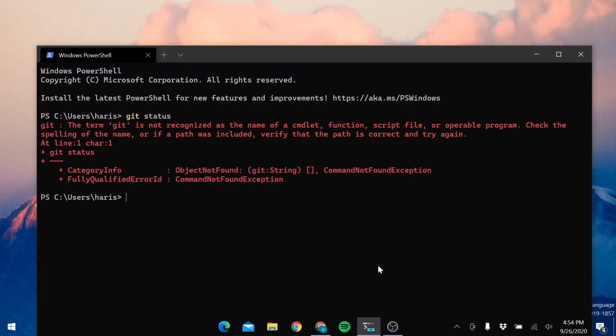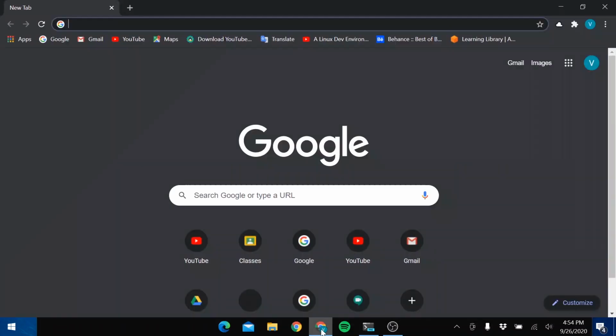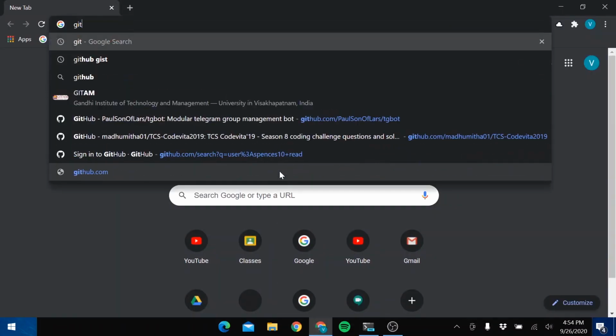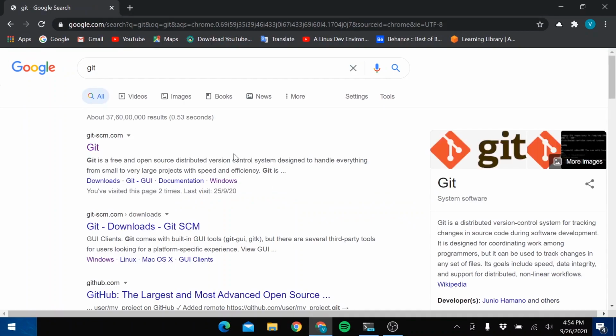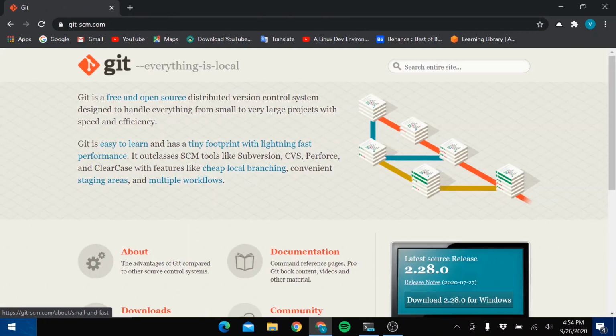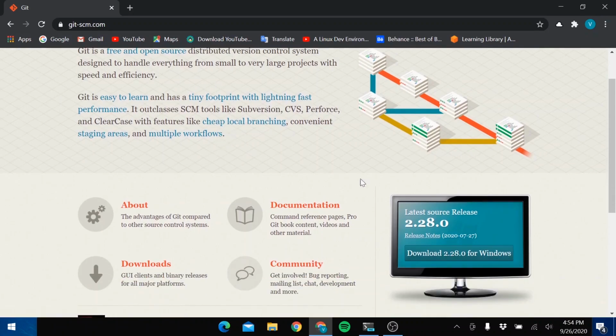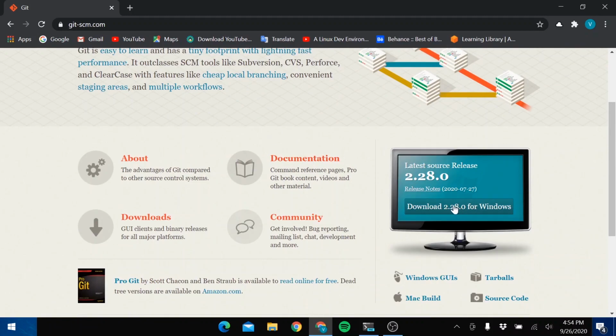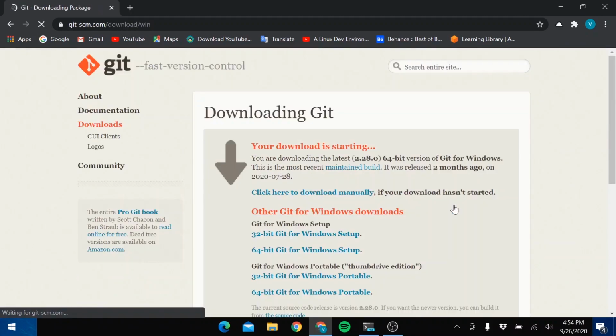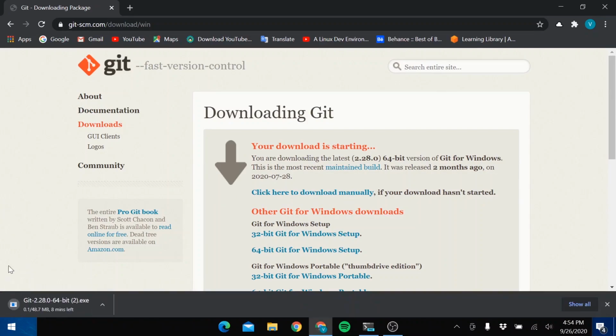Okay, for installing Git in your system, you need to go to your browser and type Git there. Just Git. The first link you visit is the Git website. Git is a version controlling system which is free and open source, and it enables you to manage your local files and give them version control. For downloading Git, press this button here. The download will start automatically. The file is nearly 50 MB, so it takes some time to download.